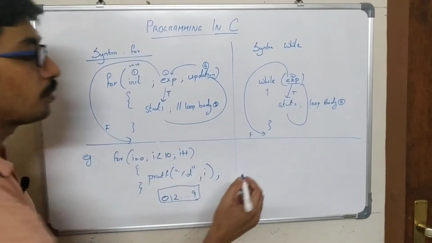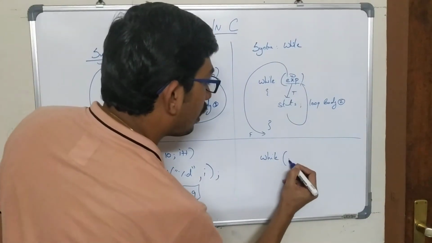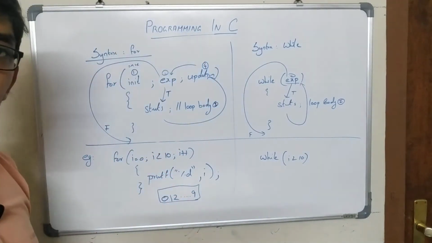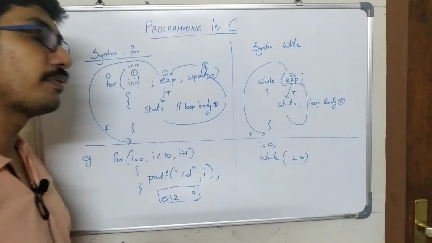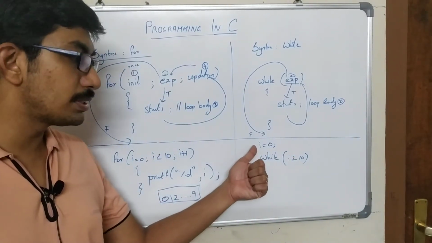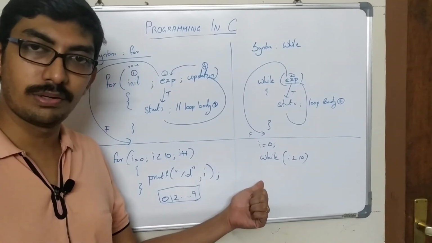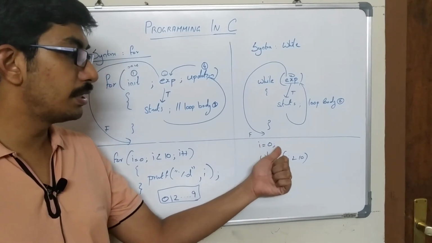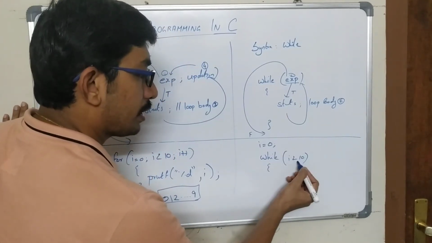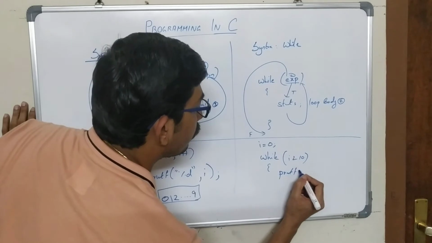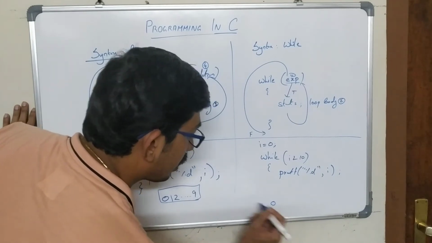Now we'll see how it will work in while. So again, the condition is i < 10, which means first of all there should be an initial value for i, which we will initialize before the while loop. Because this is a one-time process and is not getting repeated, there is no need for it to be inside the while loop. So outside the while loop we will say i = 0, so initialization is over, and next, 0 is less than 10, the condition is true. First you have to print the value of i, so printf("%d", i), which means 0 will get printed.